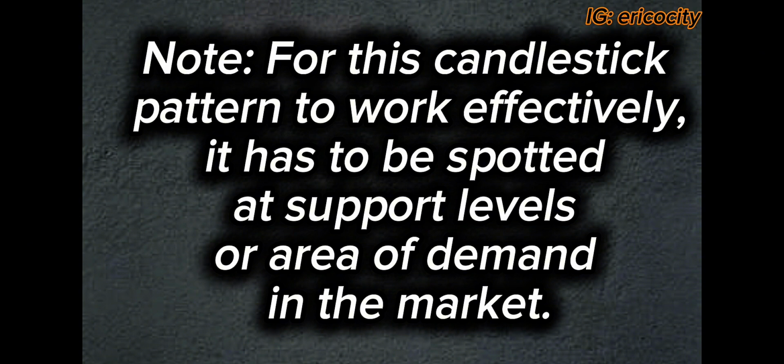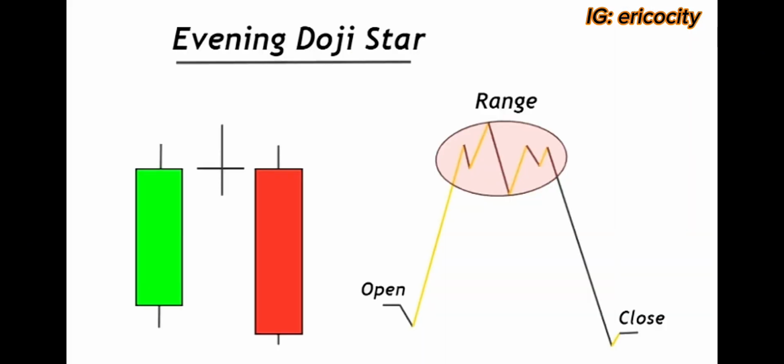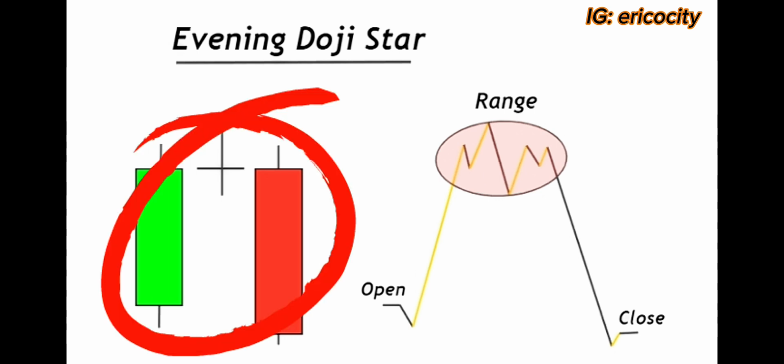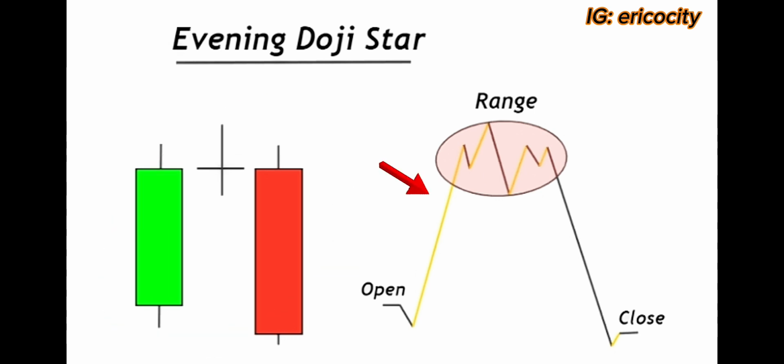But note, for this candlestick pattern to work effectively, it has to be spotted at support levels or area of demand in the market. And here is the bearish variation, the evening doji star, which also consists of three candlestick patterns, and the drawing by the side is its formation on the lower time frame. So for example, let's say the evening doji star was spotted on the 4-hour time frame. The drawing by the side is what it will look like on the 15-minute or 30-minute time frame, with an